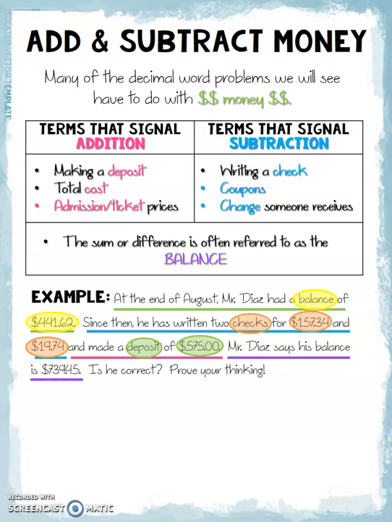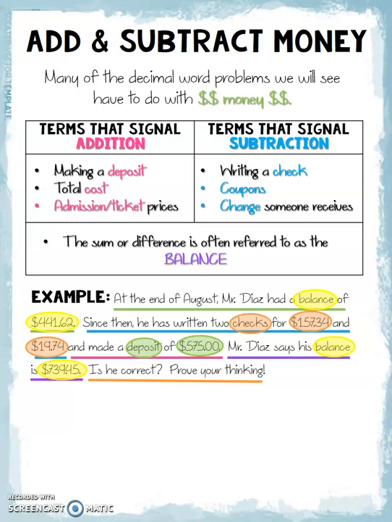The next sentence reads, Mr. Diaz says his balance is $739.45. Again, I see that word balance. So this tells me when he went through and added and subtracted all of the information for the month of August, he thinks he has $739.45 in his account. So the question sentence says, is he correct? Prove your thinking. So I know I'll be checking Mr. Diaz's work in order to see if he actually has